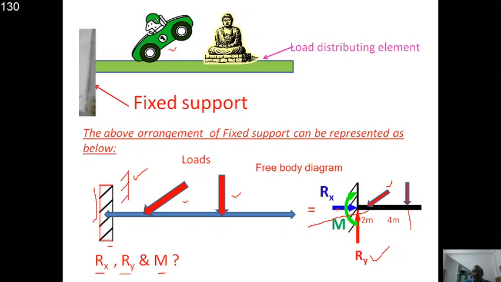And for Rx, I am taking it towards the right side because the load due to the car, which is inclined, goes to the negative x direction. After resolving the inclined force, this is the direction I obtain. So this gives the negative direction of the x-axis, or it goes to the left-hand side. Hence Rx should be opposite to the action force, so I took this as the positive x-axis side. Rx is given the positive x-axis side. You see that.